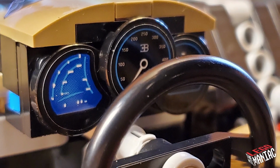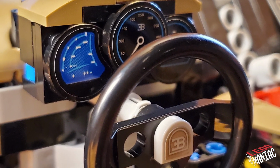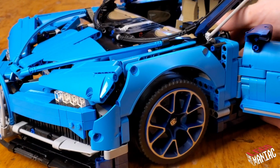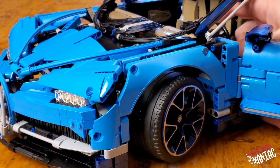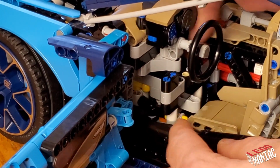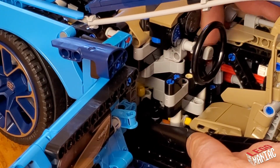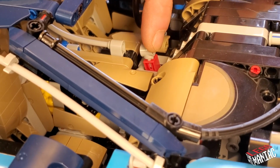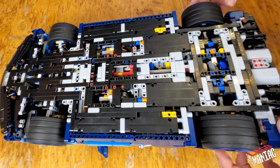Flipping the view around, we find the driver has 3 little gauges on his dashboard, and the steering wheel, which, not surprisingly, is fully functional. And just beneath that, for a little extra fun, we have a simulated paddle shifter to get you through that 7-speed transmission. And while the paddle shifter might be for only simulated shifting, there is actually a functional 2-speed transmission built in, which is linked to the all-wheel drive system